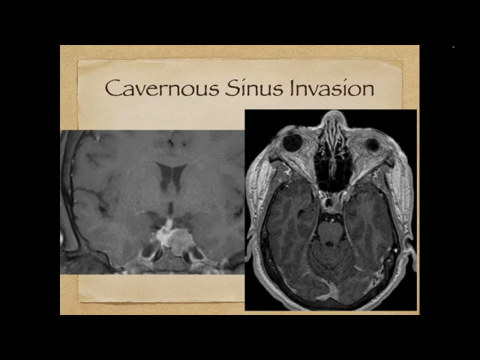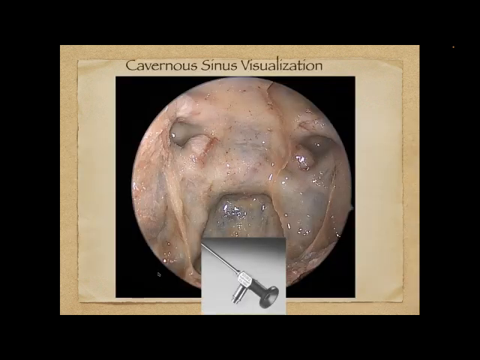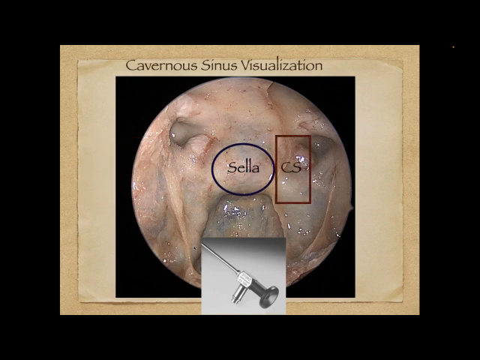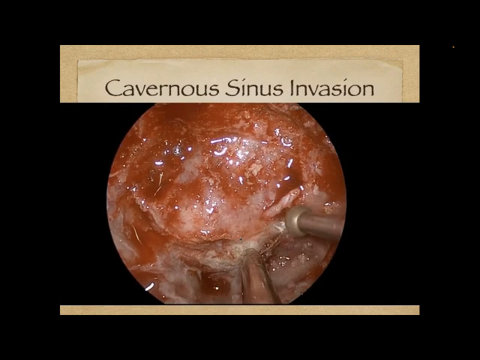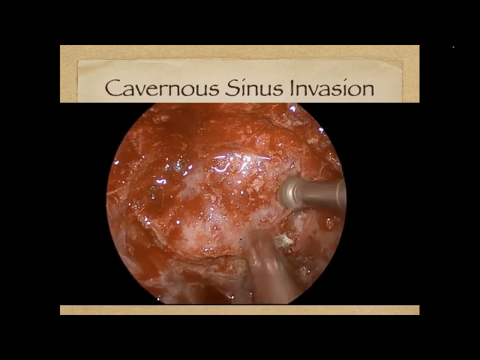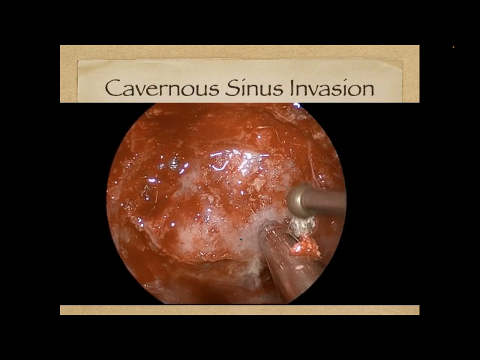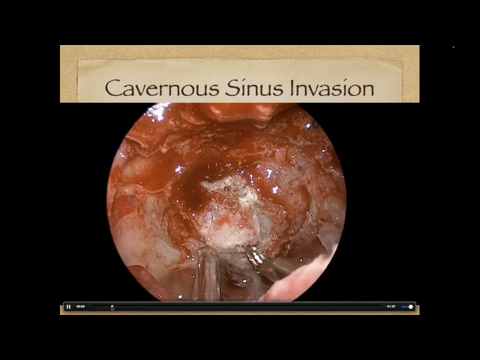Okay, I guess not. Well, so this is showing a pituitary tumor here that's extending off into that cavernous sinus region. When we visualize it, we can see it, but the traditional opening or the traditional bone that's removed is what you see here. When we want to extend to this area called the cavernous sinus, we simply have to remove the bone. We just have to be careful and comfortable removing the bone over the carotid artery in this way. And here's an intraoperative video of exactly that tumor, with the tumor extending into the area of the cavernous sinus.